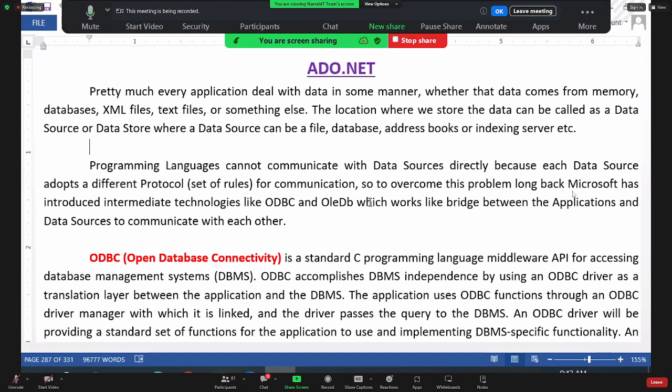Clear? Okay. Now if you want to store your data in a data source, access the data, you want to do all these particular things on a data source, your application should interact with the data source. Carefully listen. Now the question that comes to mind is, how does an application interact with a data source? If an application wants to interact with a data source,